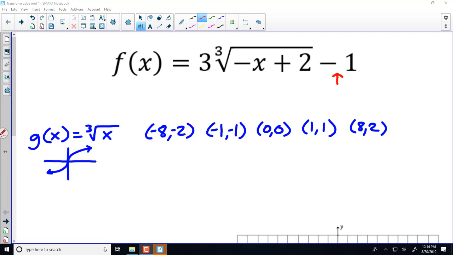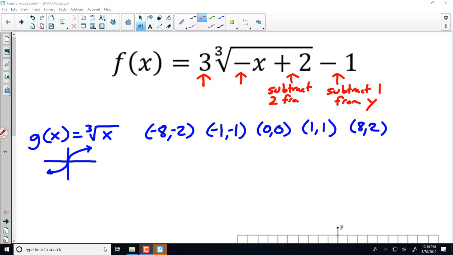This -1 is going to do something, this +2 is going to do something, this minus sign is going to do something, and this 3 in front is going to do something. Well, the -1 at the end is going to shift the whole graph down 1 unit. We take care of that by subtracting 1 from y. The +2 on the inside is going to shift the whole graph to the left 2 units. That's the backwards one. And we're going to do that by subtracting